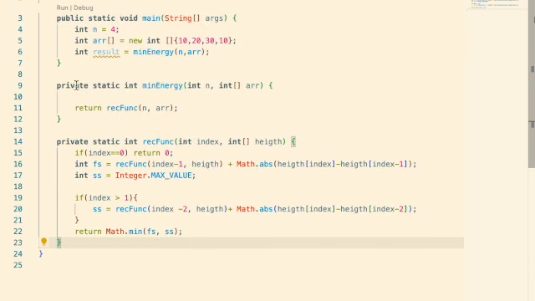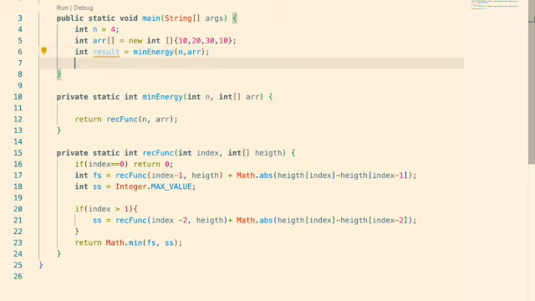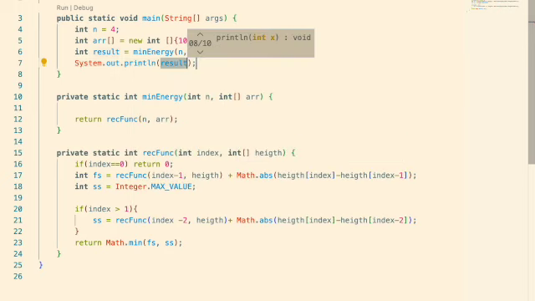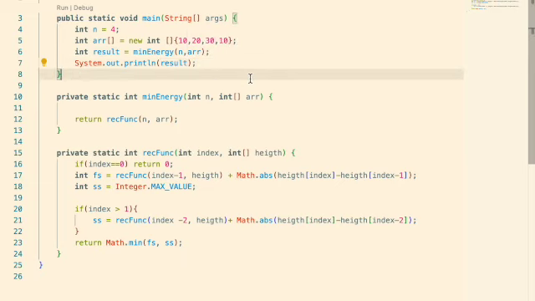Once we get that, what are we expecting over here? We are expecting an output which will basically tell me the value of the minimum energy, right? And if we run this,